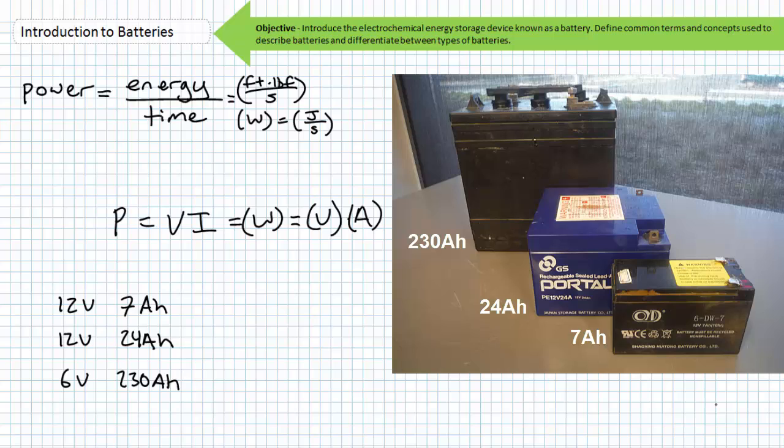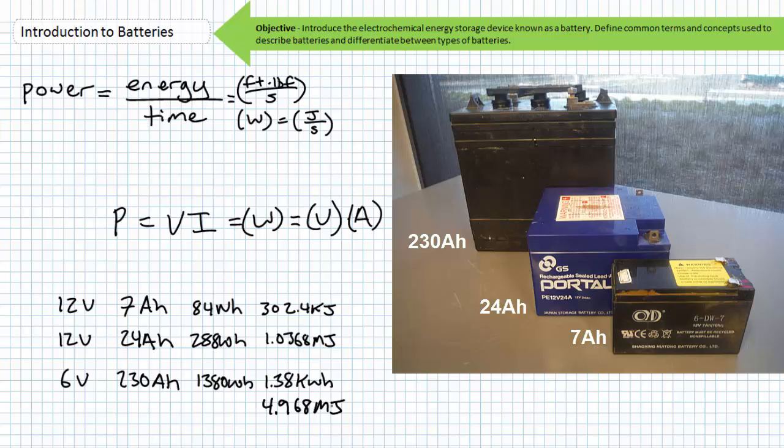Realize, however, we're not exactly comparing apples to apples, because the 2 valve-regulated lead-acid batteries are 12-volt batteries, and the FLA battery in the back is a 6-volt battery. This means in a perfect world, the small battery has 12 volts times 7 amp hours, or 84 watt-hours, or 302.4 kilojoules. The middle battery has 12 volts times 24 amp hours, or 288 watt-hours, or 1.0368 megajoules, and the large battery in the back has 6 volts times 230 amp hours, or 1,380 watt-hours, 1.38 kilowatt-hours, or 4.968 megajoules